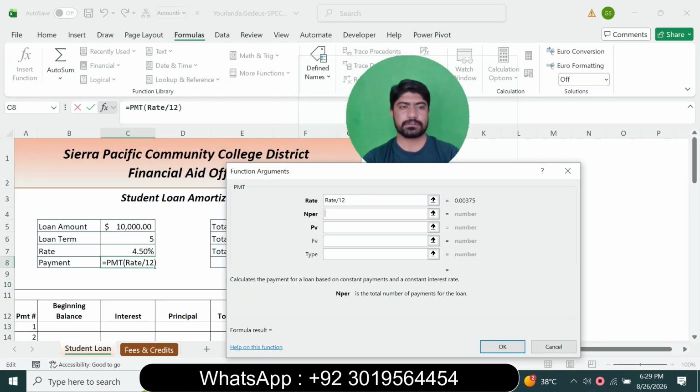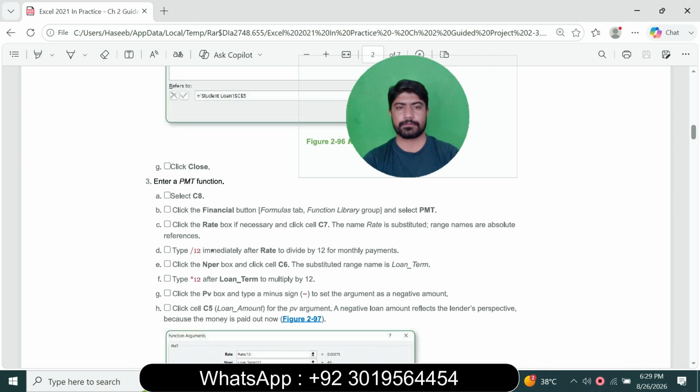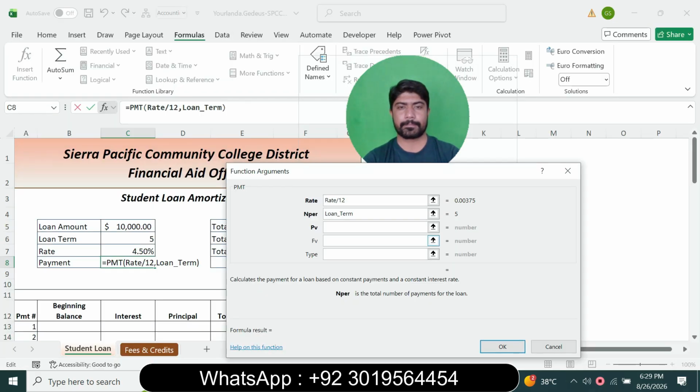So click cell C6, loan term. Type multiply by 12 after the loan term to multiply by 12. So multiply by 12, and next